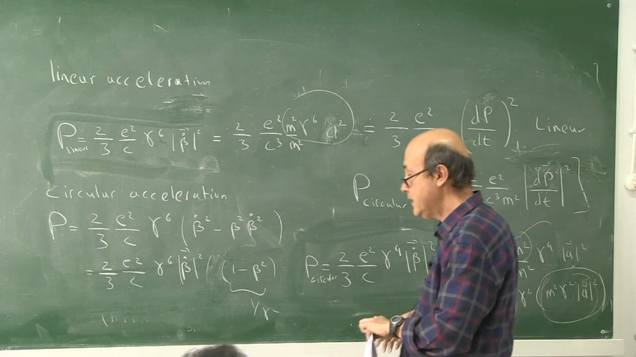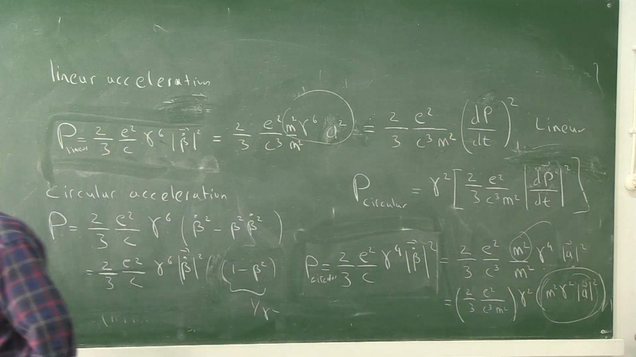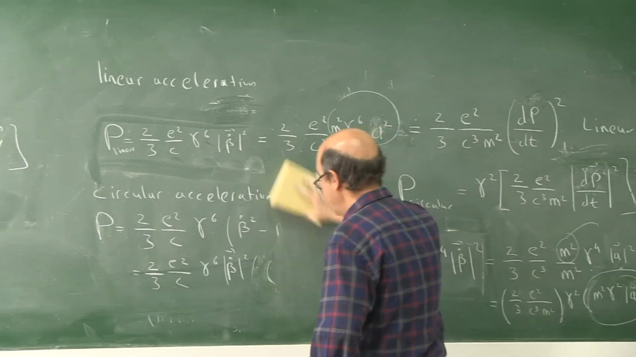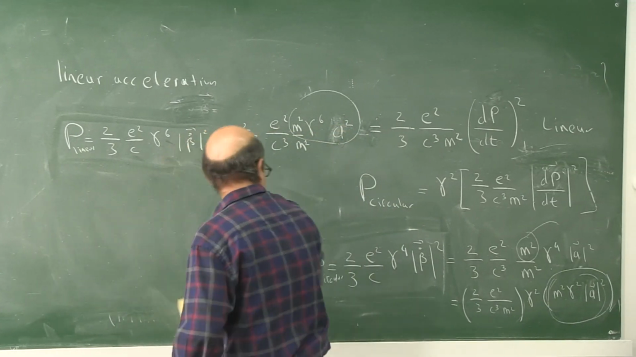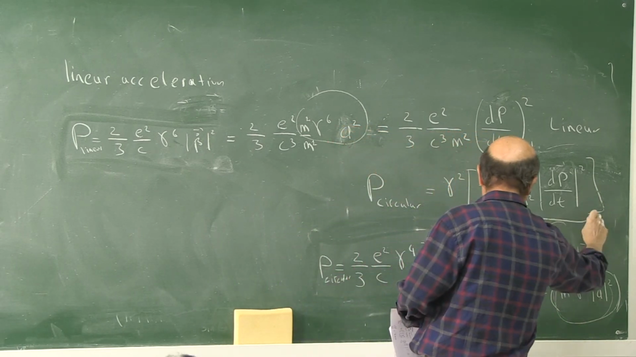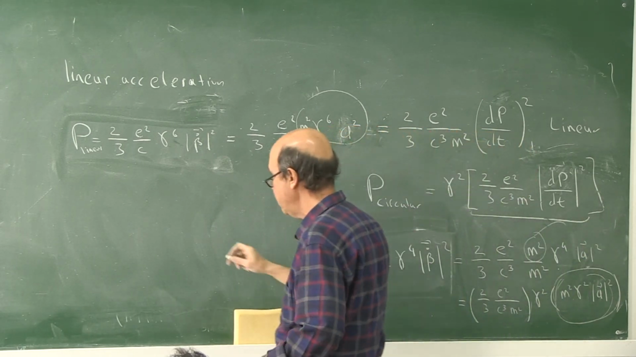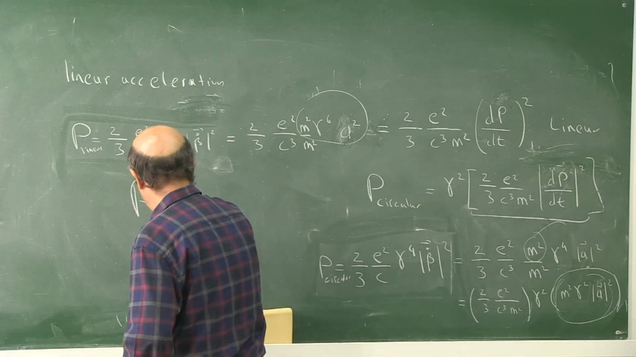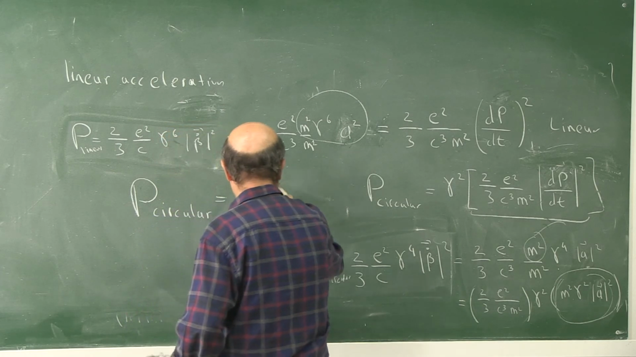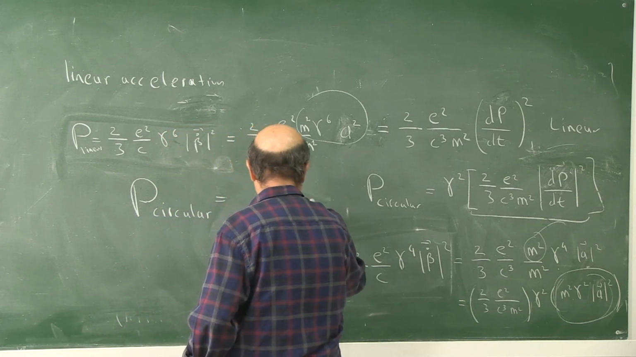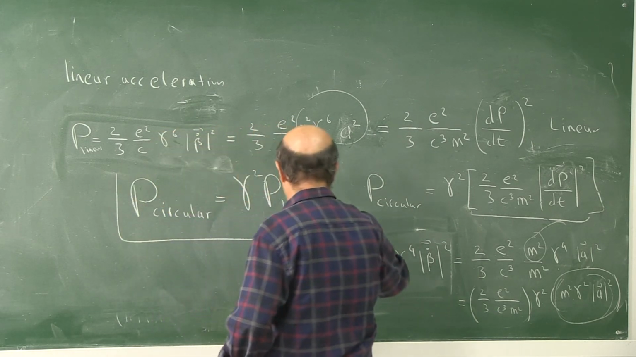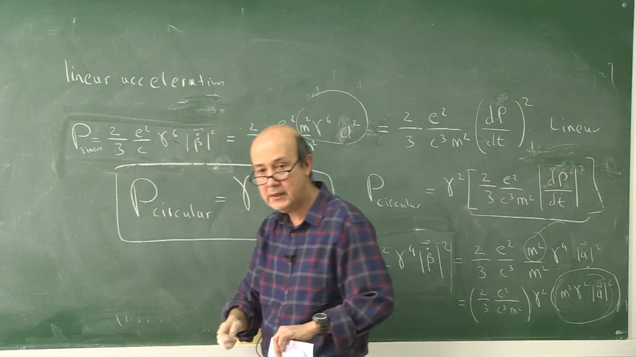Okay, so basically the relation between circular and linear acceleration, emitted power for the circular and linear, is gamma square. We can see this